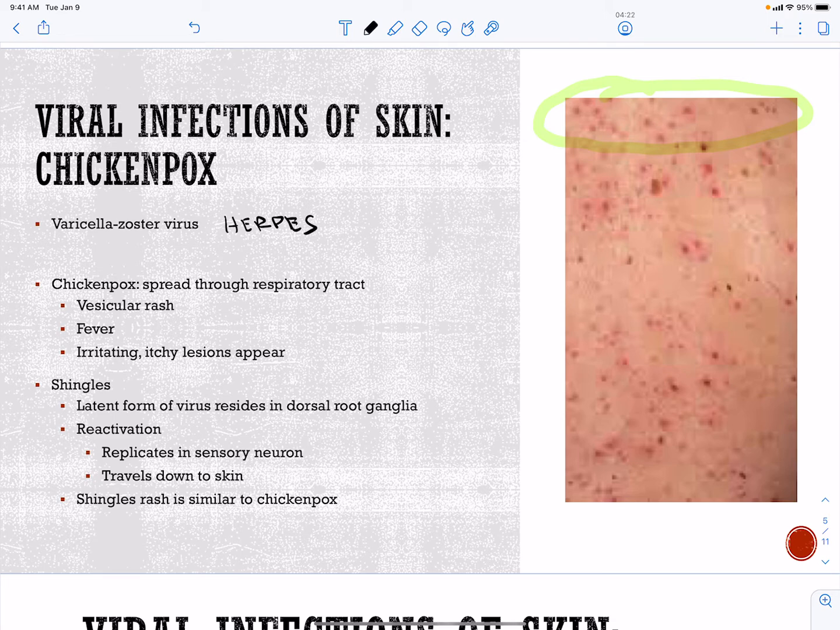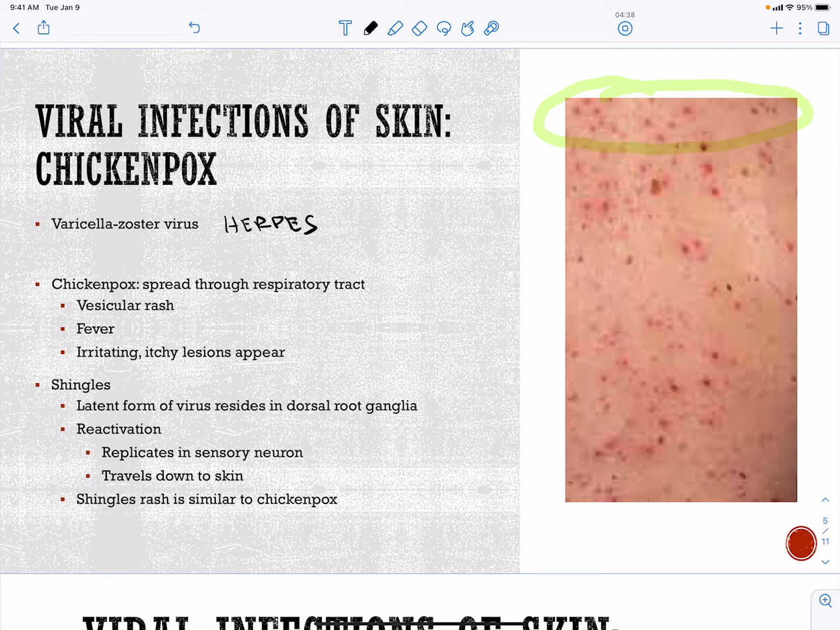So it's in the herpes family. It's going to, again, be spread through the respiratory tract, and then you're just going to disseminate into the rash, and the rashes are going to be very itchy. Shingles is the latent form of the virus, and the virus likes to hang out in the dorsal root ganglia,